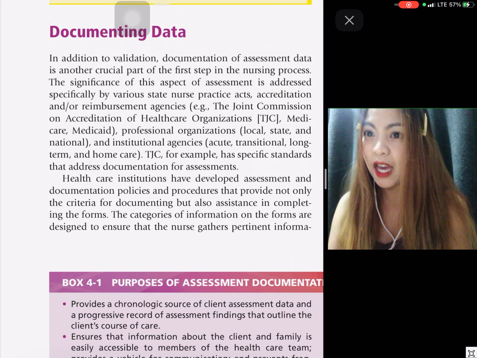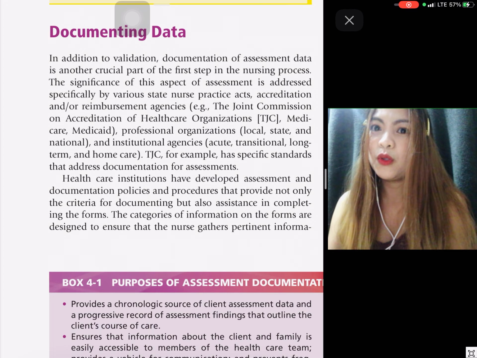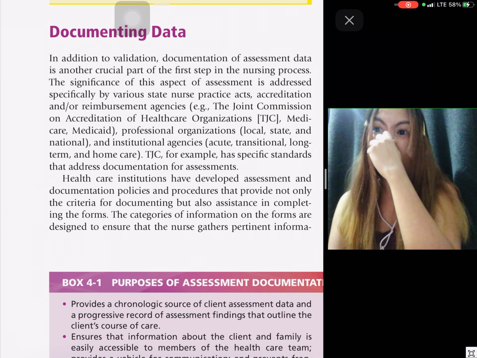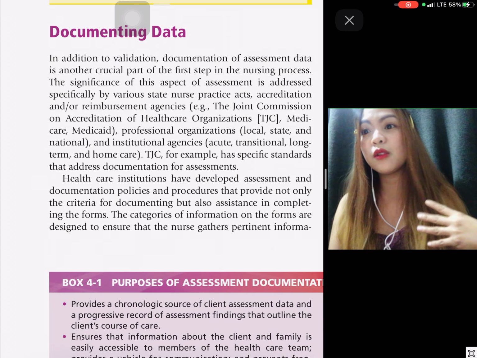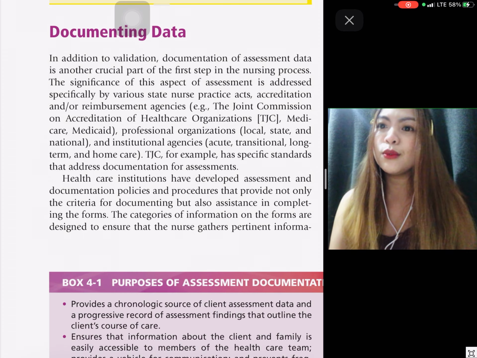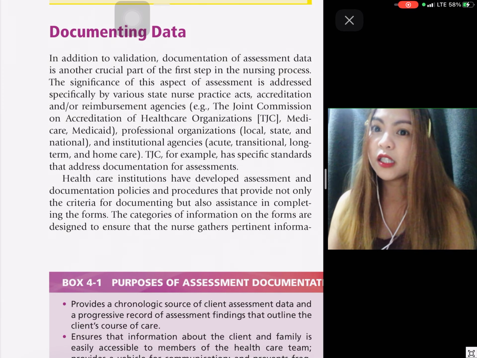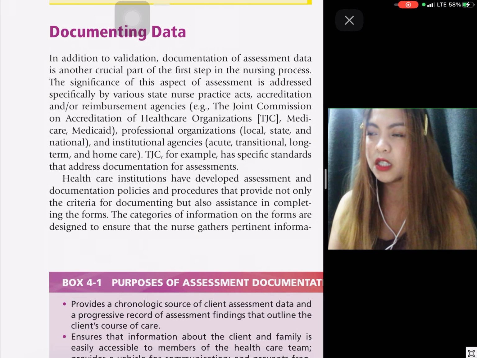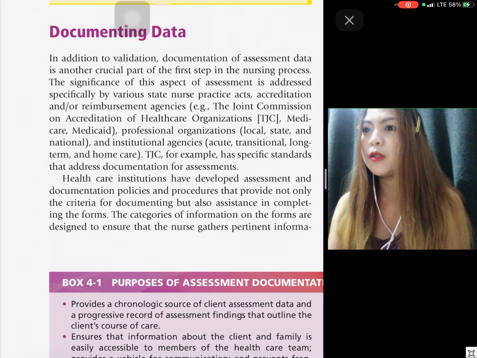So, yung Joint Commission on Accreditation of Healthcare Organization, meron din tinatawag na Medicare, Medicaid, so professional organization, either local, state, and national. So, depende yon sa hospital na pinagtatrabuhan mo. Institutional agencies, yung meron silang specific standard to address documentation for assessment. So, yan. May mga official or standard na mga document na ginagamit for